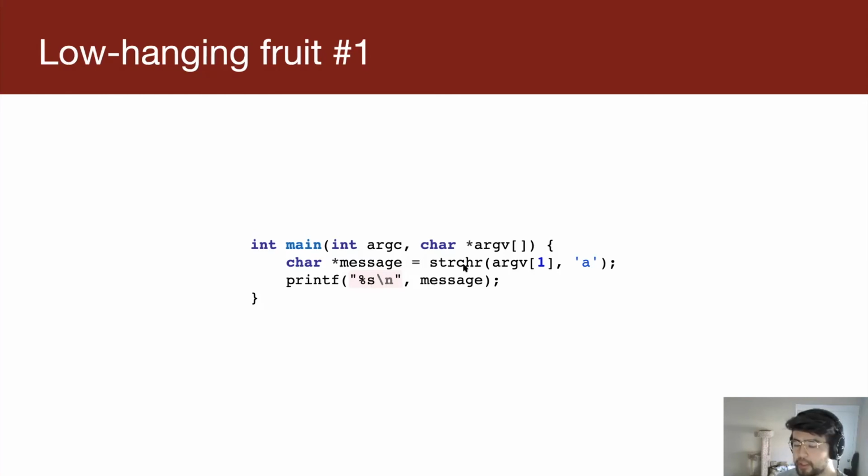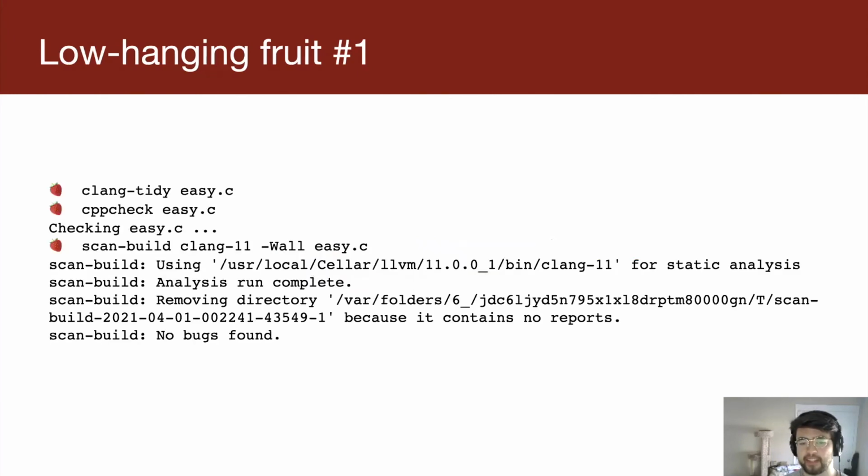And this is 2 lines. I can look at this and be like, that's a bad idea. That's not good. I ran this through 3 different static analyzers. I ran it through clang-tidy, cppcheck, which is similar to clang-tidy, and scan-build, which is the clang static analyzer, a more sophisticated analyzer. None of them found any problem with that. They're like, oh, that's cool. Looks fine to me.